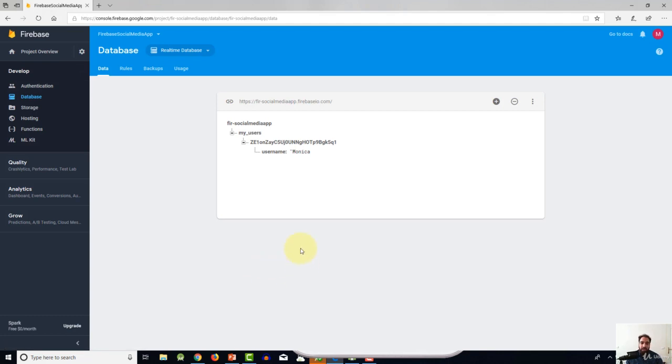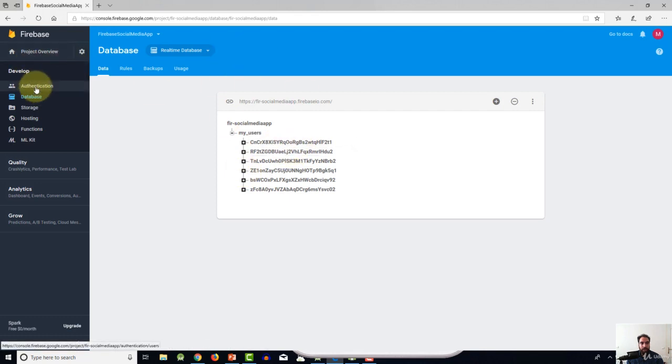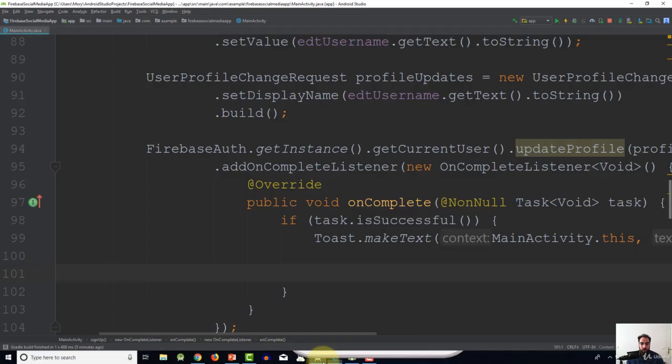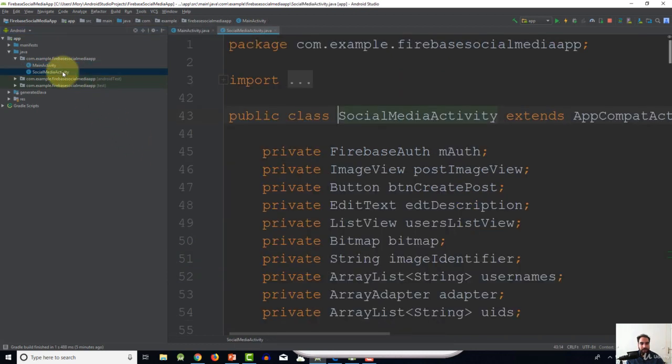Now we need to go ahead and just add 5 or 6 users to the app, and then just continue watching this tutorial and see what we are going to do next. Okay, so now I have added some users to my app, and if I click on authentication, you should see these users here. Now let me go back to Android Studio, and here let's go to our social media activity